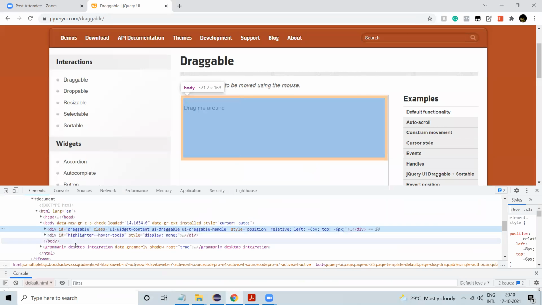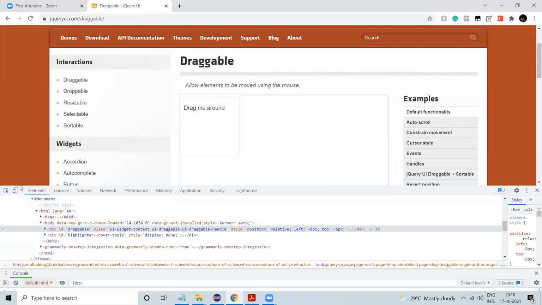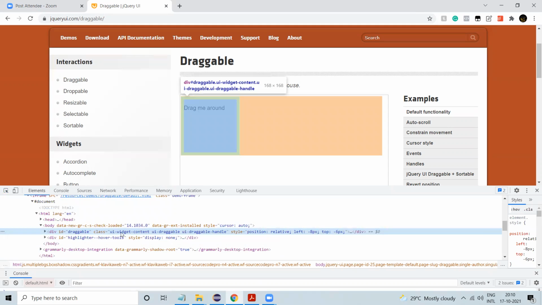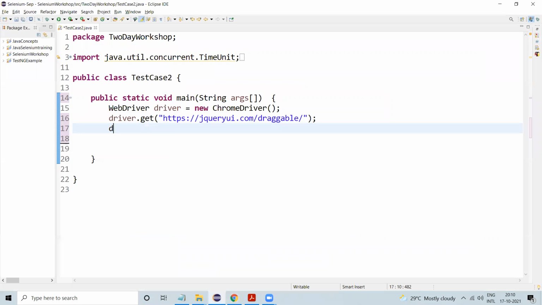Finding the element, we inspect. See, this is the element that we need to select. So here an ID is there, so we can use the ID. Using that ID, driver.findElement(By.id), I'm just passing this value over here.